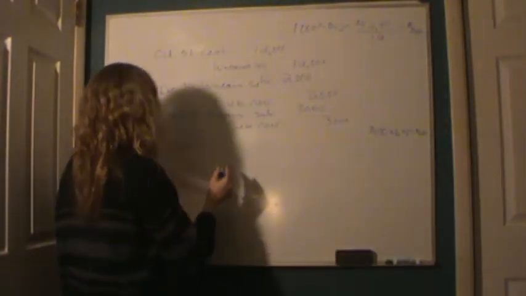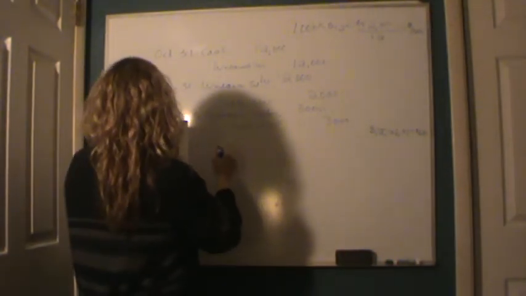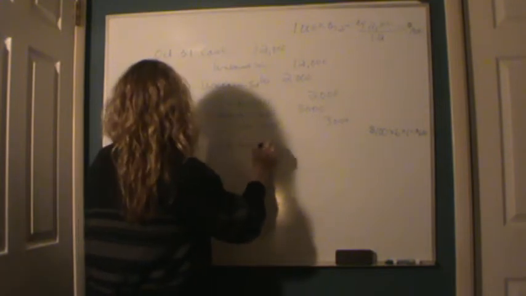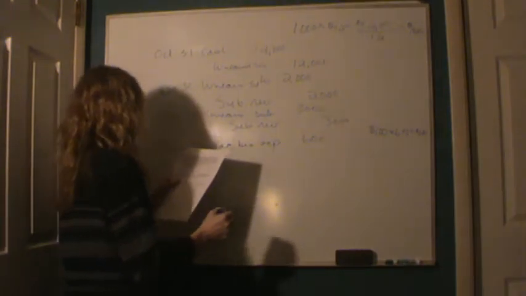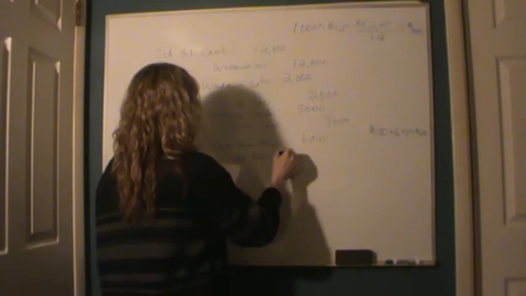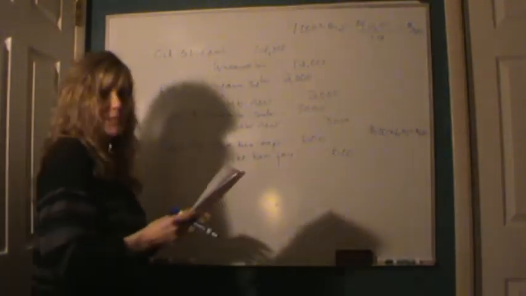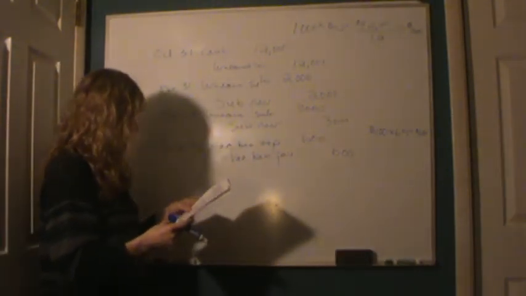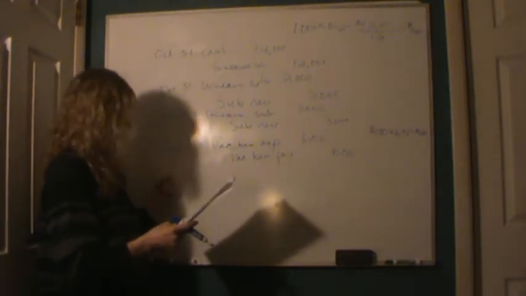So on June 30th, we are going to go ahead and debit vacation benefit expense for $600, and we'll go ahead and credit vacation benefit payable, because we're not paying it yet, they've only earned it, for $600. So we're just accruing the liability, right? And this is an example of homework problem 4, and the next part is also for